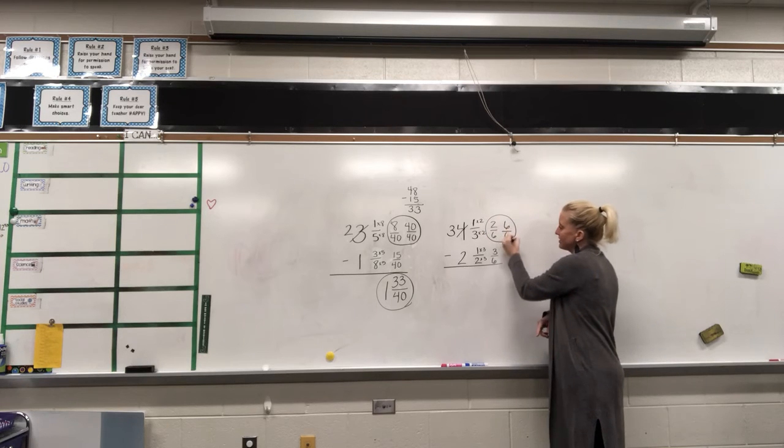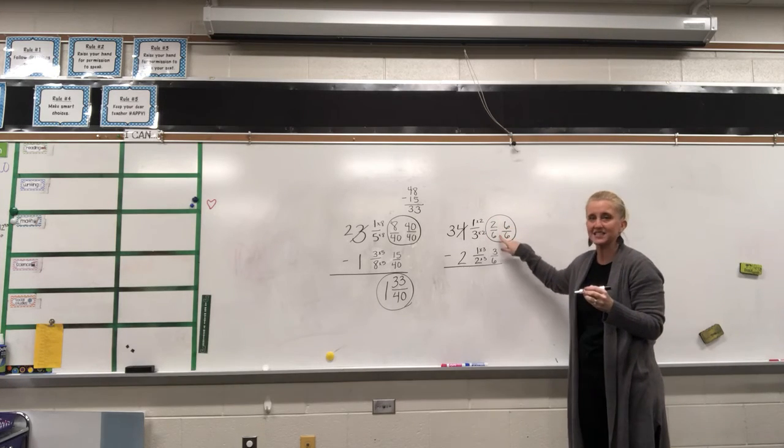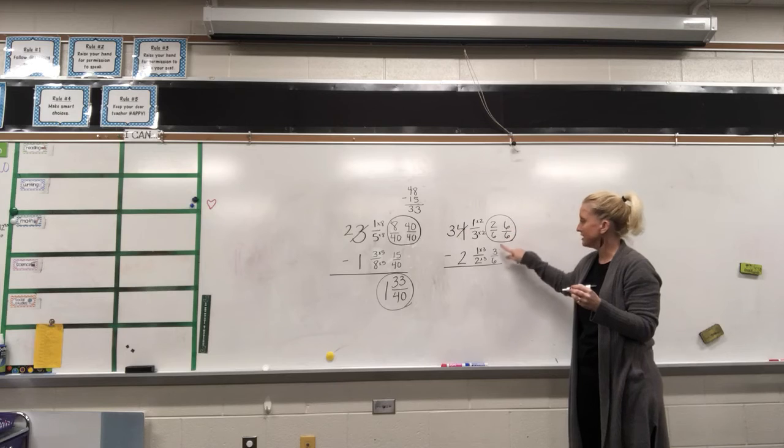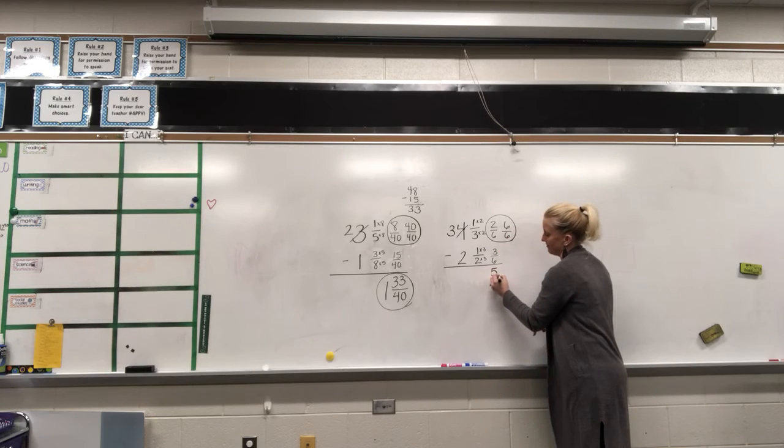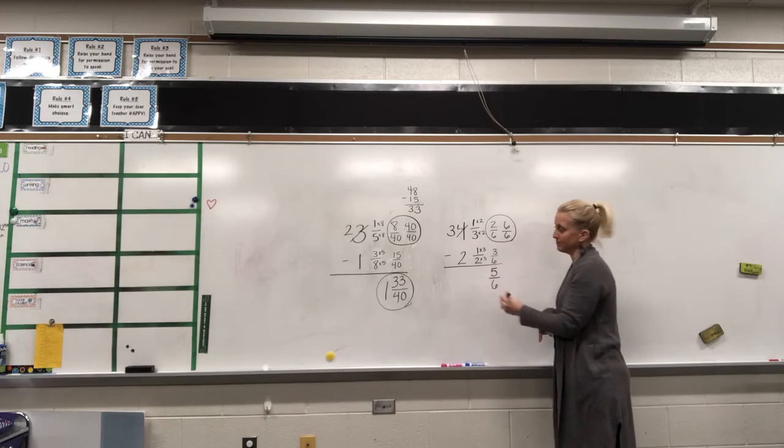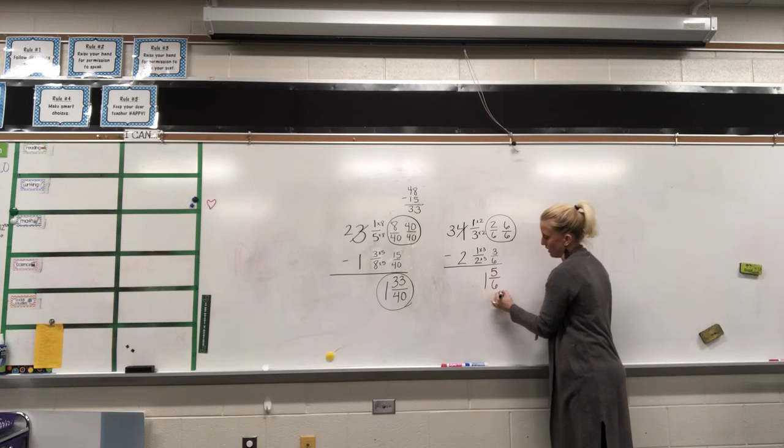So now on the top here, I have a total of 8 6ths. So 8 take away 3 is 5, and that denominator stays the same. And 3 take away 2 is 1. So 1